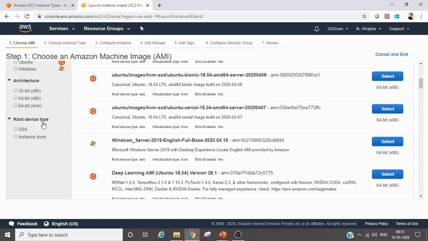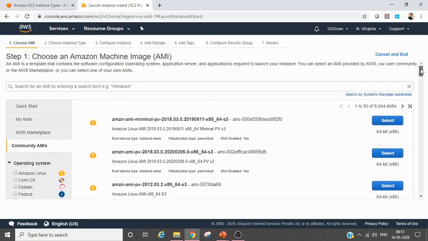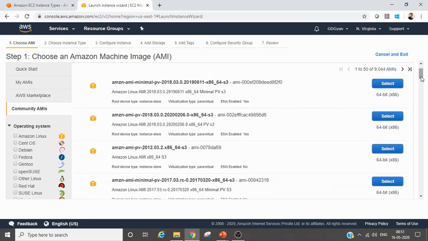We need block-based storage, so definitely EBS is the option. But what is instance store? So I just click on that, so you can see some of the AMIs which have instance store. Definitely they are not free tier. I will not take the chance of paying from my own pocket, but I definitely wanted to show you.